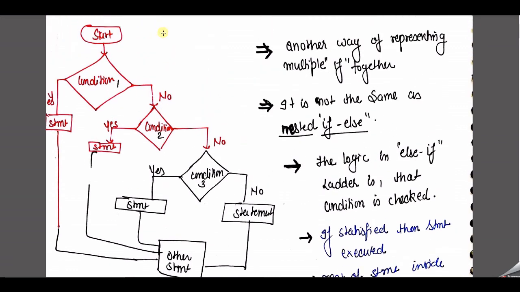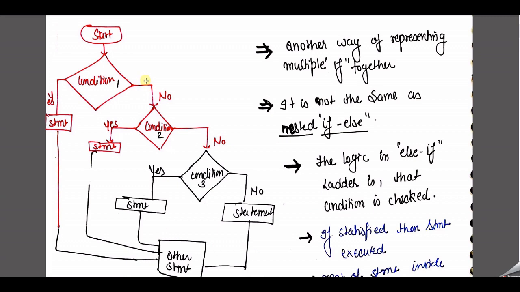So what is the working procedure of this exactly? Now go through this flow chart. Maybe with the help of this flow chart you can easily understand what I want to say. Start from this part. Condition number 1 is given in our initial if part. If this condition is true, then we go to the statement, and after that to the rest of the program. But if condition 1 is false, we need to move to the else part of the if.